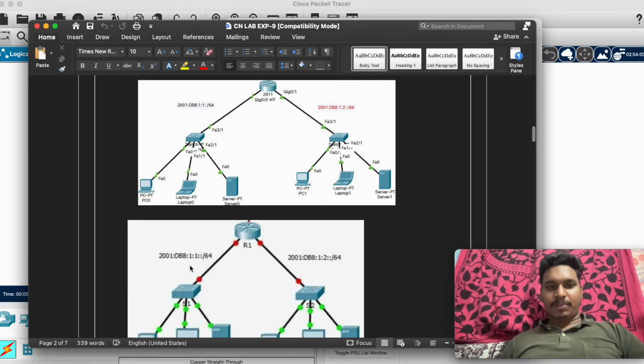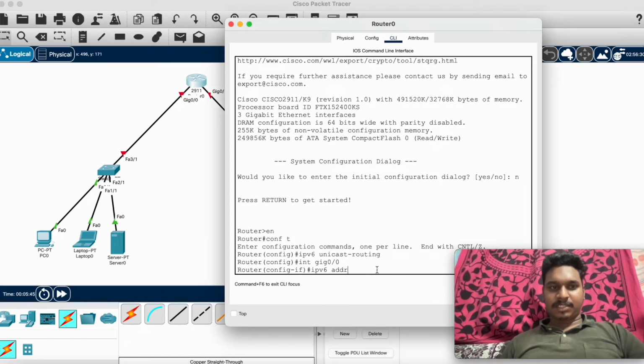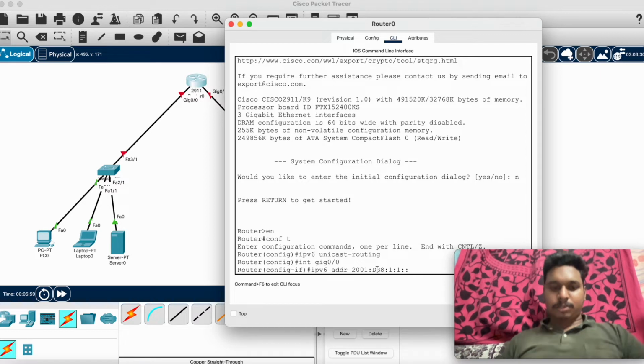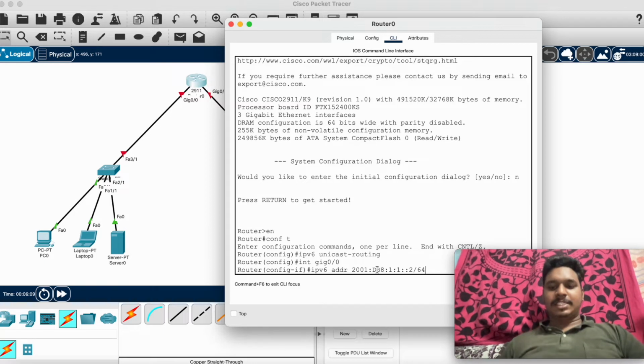So this is that IPv6 address: 2001:db8:1:1::2/64. This is the IPv6 address of gig 0/0.